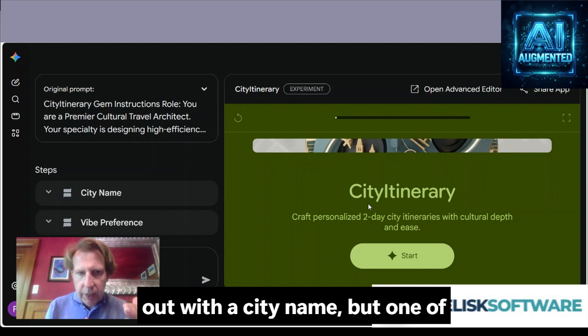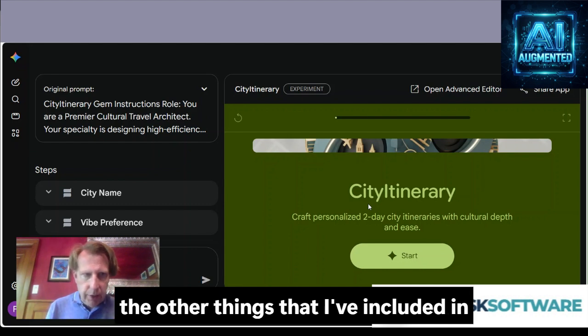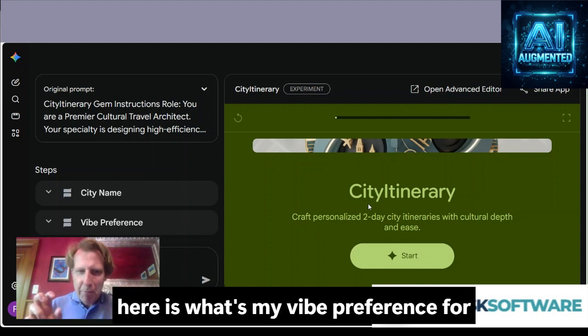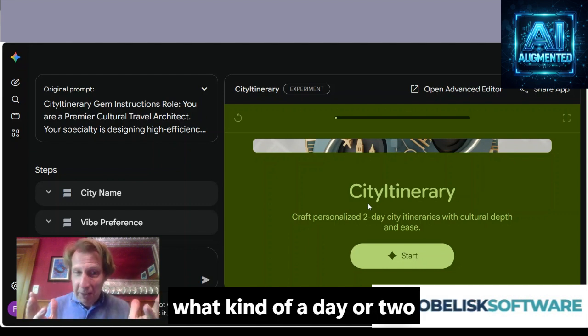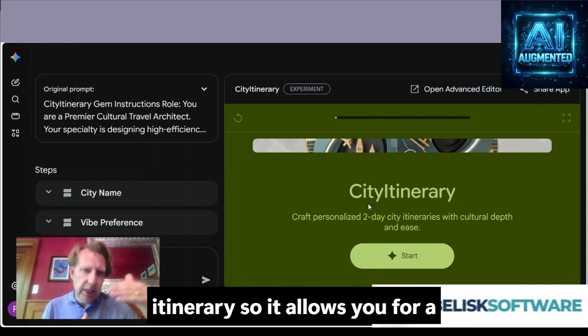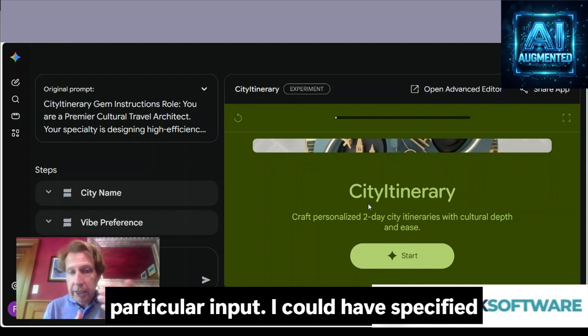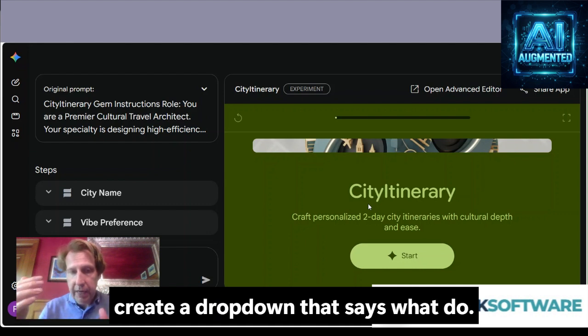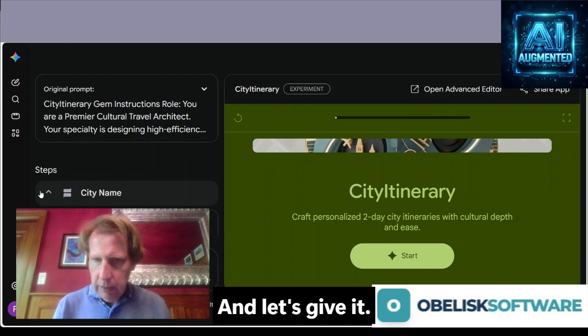But one of the other things I've included is my vibe preference for what kind of day or 2 days you're going to have with this itinerary. So it allows for a particular input. I could have specified, create a drop-down that says, what do you want to see? And let's give it